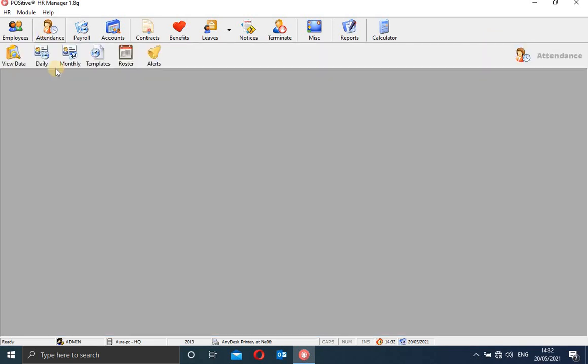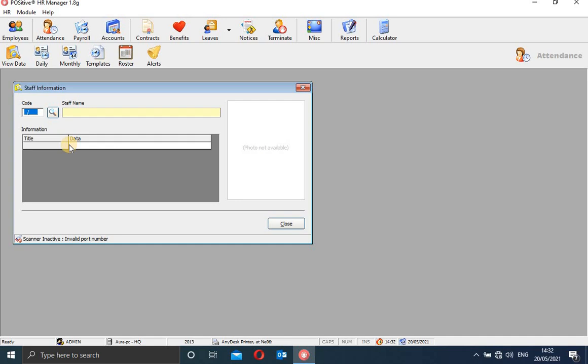Now if it is the case of attendance, this is where you can check the attendance of each and every employee. This one now you can go one by one. Each employee, you can check the attendance information or the information of this employee. You simply search their names here. I don't know why it's taking a little bit long, but I hope it will open. So this is where you can just check.